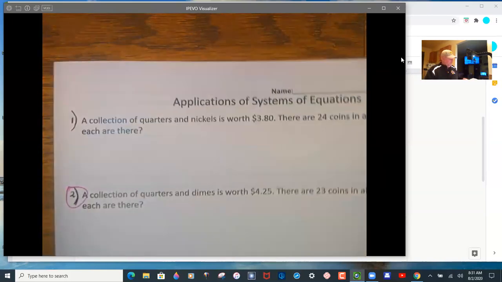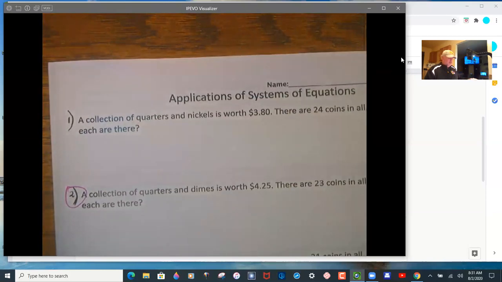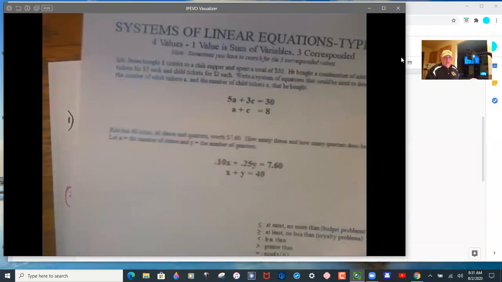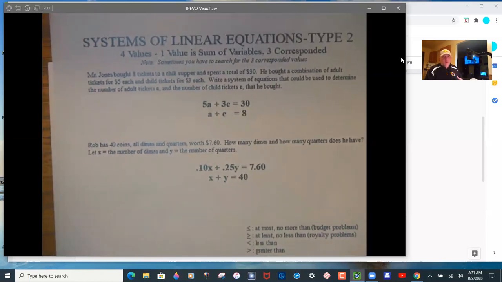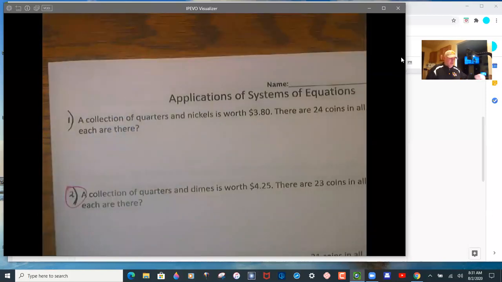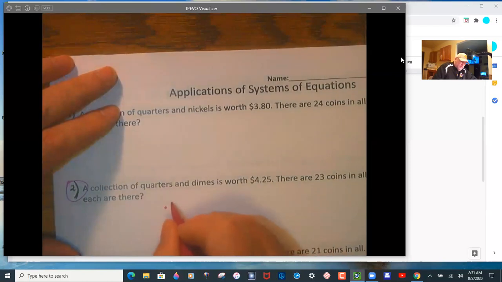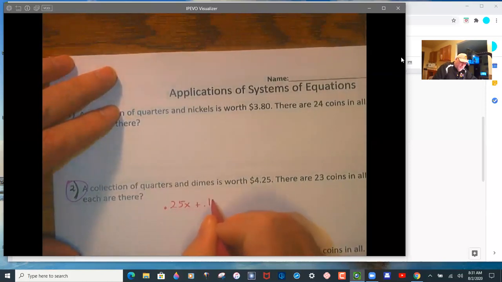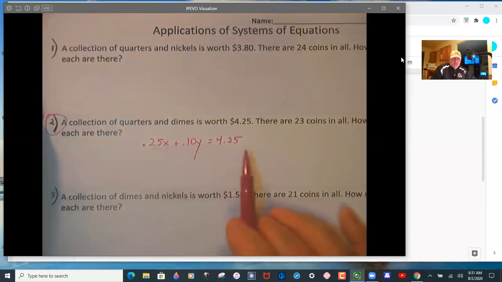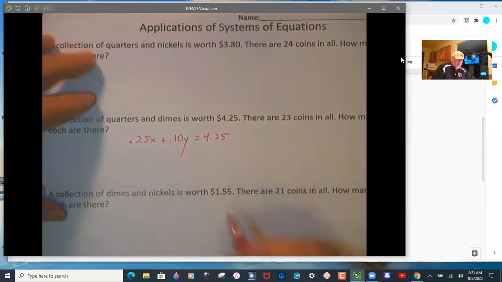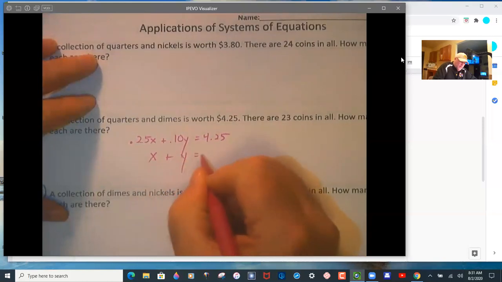These money problems are going to be of type 2. So you have a set of corresponded values, 3 are corresponded, and then one value is the sum of variables. So what does that mean? So a collection of dimes and quarters is worth $4.25. So let x be the number of quarters, let y be the number of dimes, and then this is your money line. There are 23 coins in all, so that is the